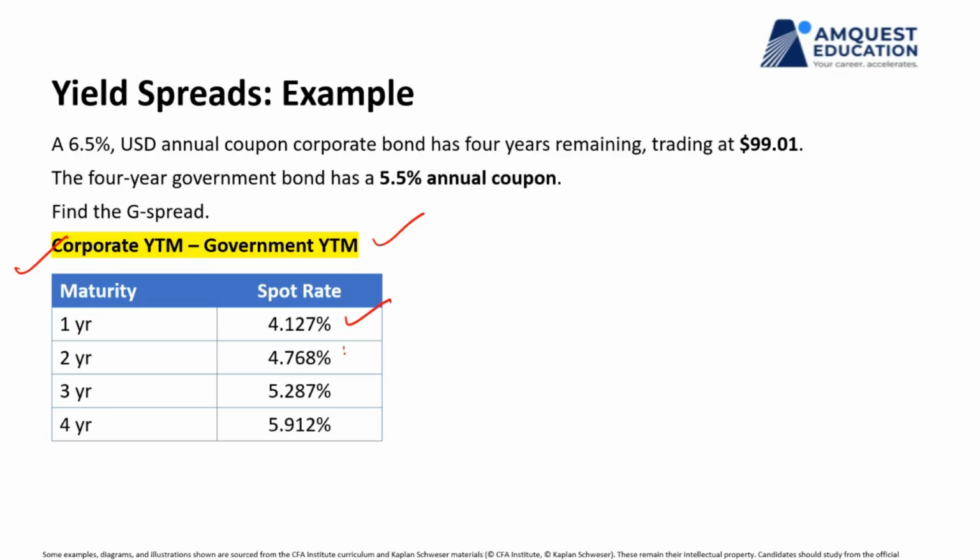Remember, you've been given spot rates here. So that is one change. In government bonds, spot rates will be used for discounting. So the government bond is going to pay you 5.5% annual coupon, right? So you are going to get 5.5, 5.5, 5.5, 5.5, plus you're going to get 100 more. In government bonds, we have to discount this using spot rate,